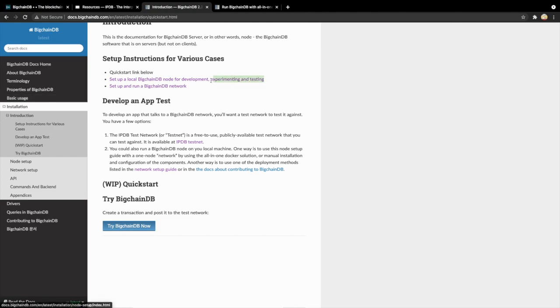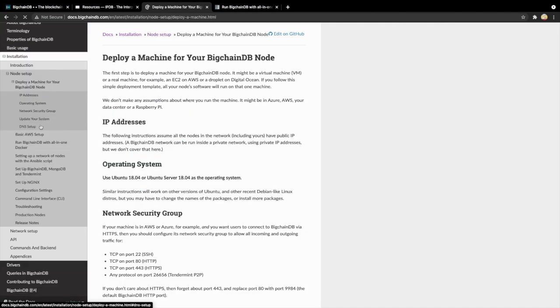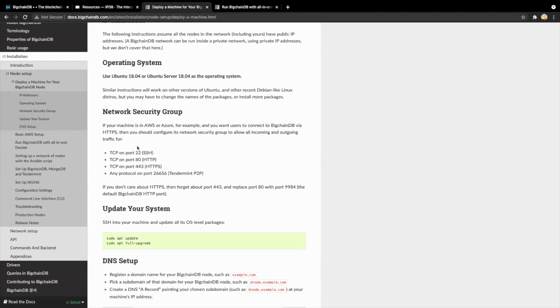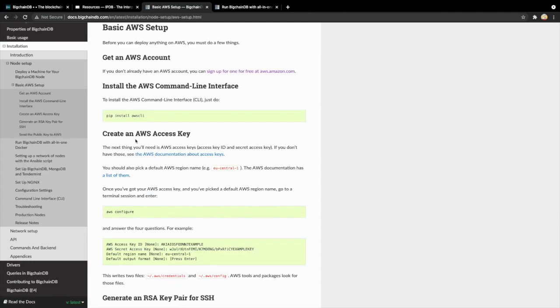Then here we need to click on this link so that we can see how to do the installation. The very first thing is deployment on the machine. Friends, these are some of the prerequisites: if you are using AWS, then all these ports should be open, which means in your security policy these ports should be open to communicate. This is one of the prerequisites. Next is this one, which is not needed because we already generated the key with the help of which we'll be logging into the terminal.